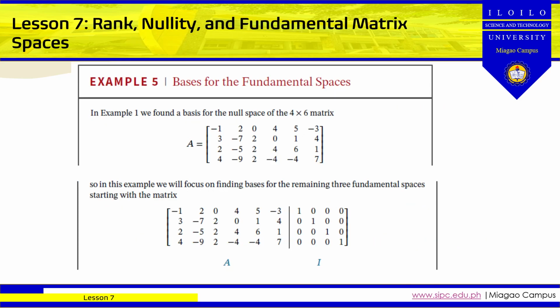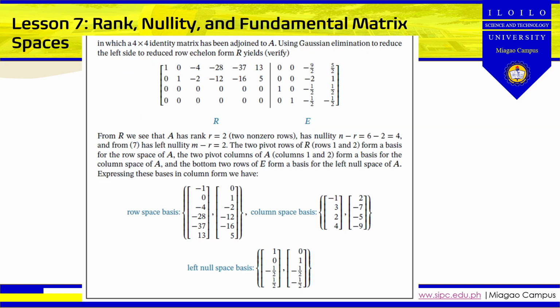So we have here example 5, the bases for the fundamental spaces of a 4 by 6 matrix. You can see here the matrix and the identity, the coefficient matrix and the identity matrix. And we have here R, the reduced row echelon form, and the equivalent matrix E. We have here the row basis, the column basis, and the left null